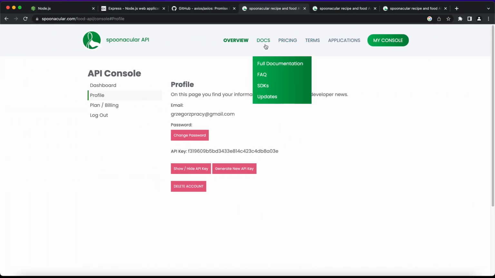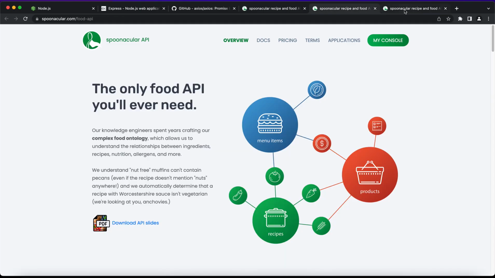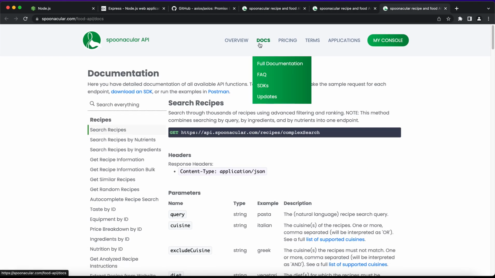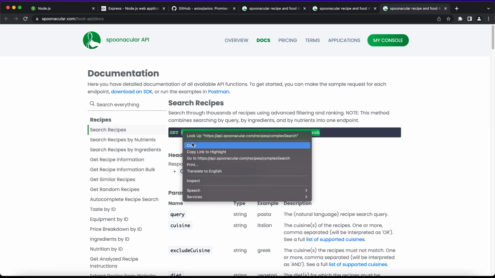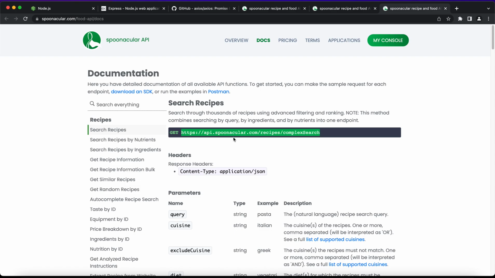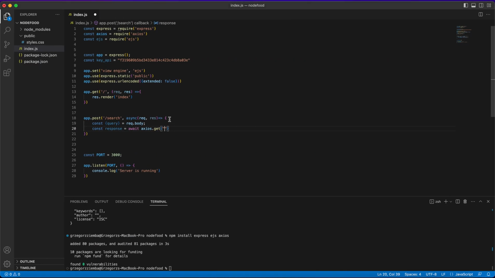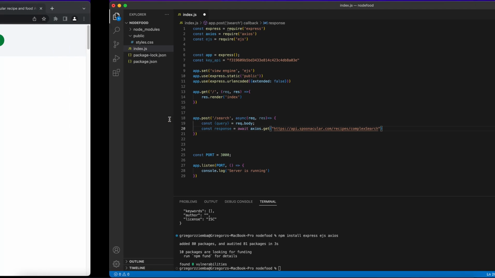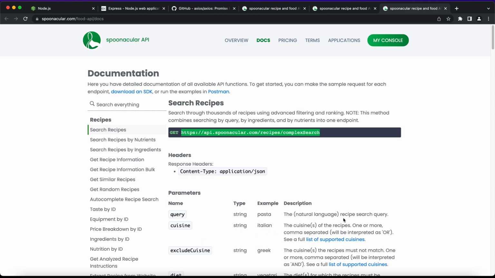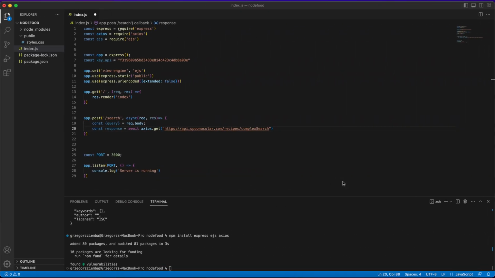So go to the documentations. I've got it open over here. When you just go to the documentations and full documentation, the first link is what we are looking for. So the complex search for the recipes, and just copy it, paste it over here. And the next thing that we'll need to have is the query, because we'll just search in that way for our recipe. So query